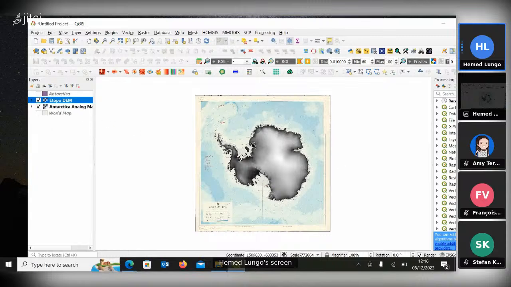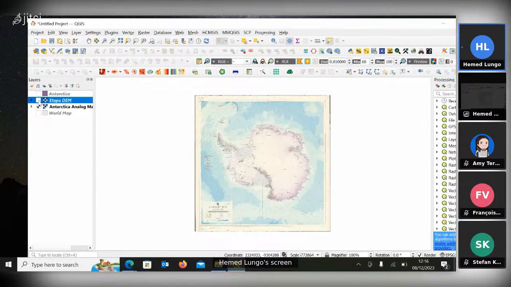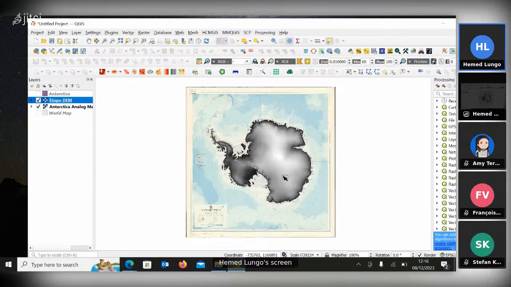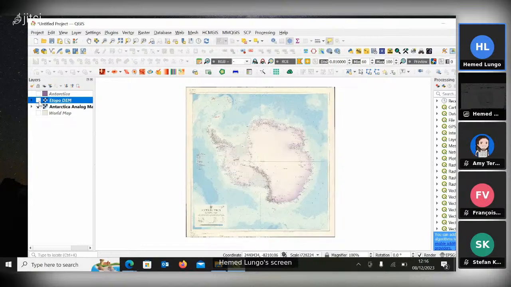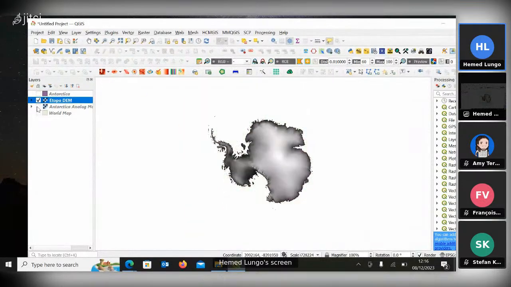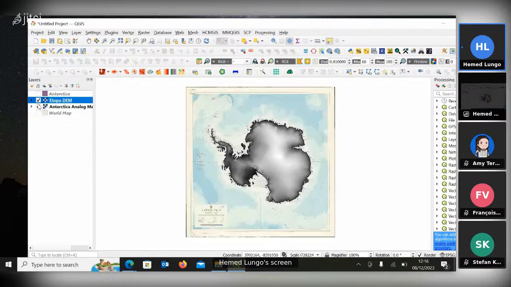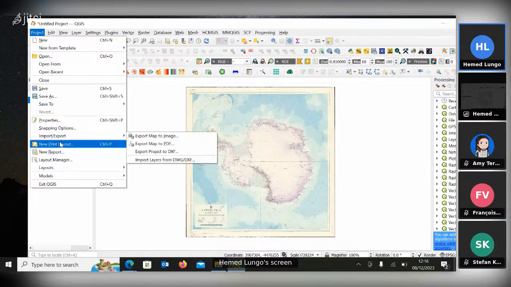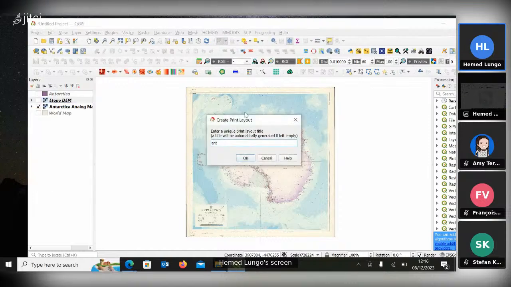So after adding it here, now I'm going to create two kinds of required maps for Blender. I'm going to put one as the color map, which is going to be only this referenced image, and the black map, which is going to be the DEM alone. So I'm going to go to project, new print layout. I can write Antarctica